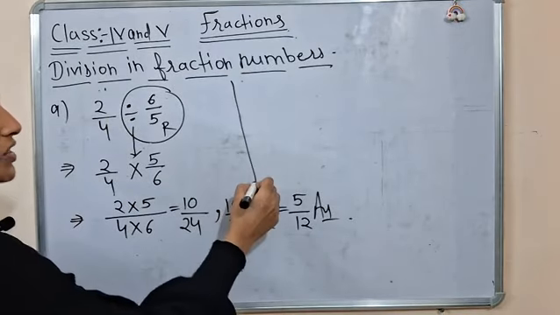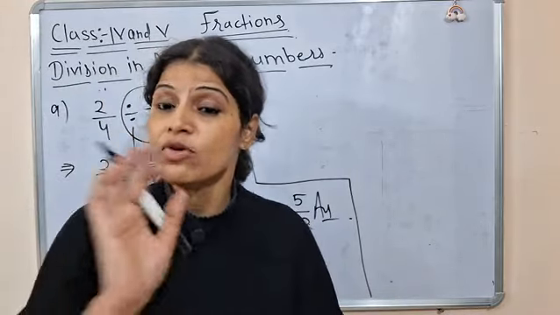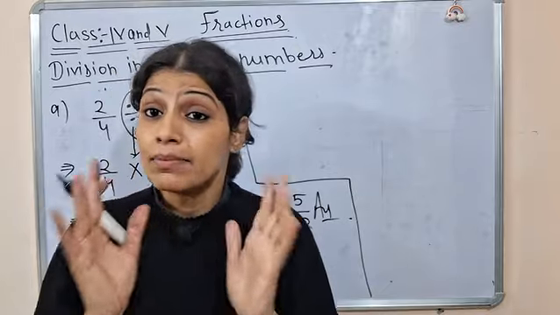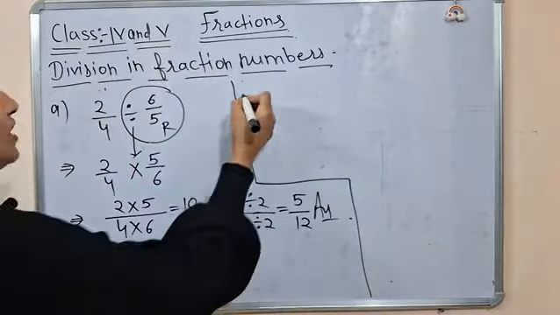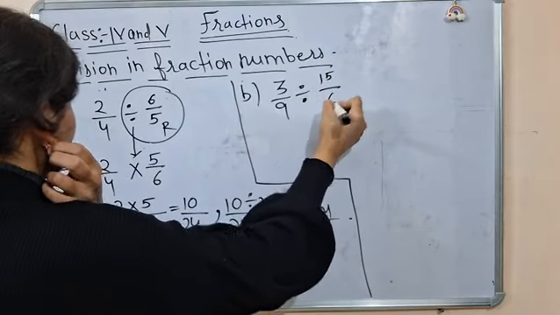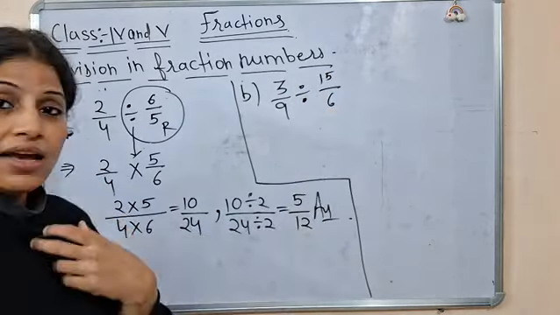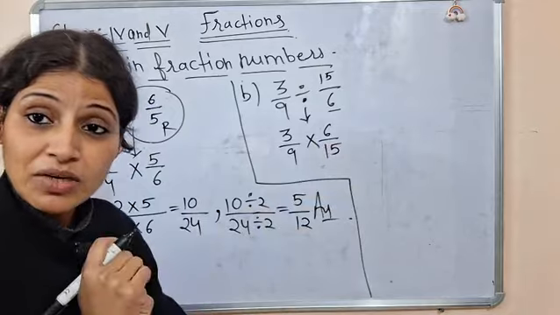So this is the first question. Like that, as you know, we do minimum 2 or 3 questions of the same concept so that you can understand completely. So I am taking here one more example. Now I am taking part B. This time I am having 3 upon 9 divided by 15 upon 6. Okay, I framed a question for you. So first step, 3 upon 9 will come as it is. Division का opposite or reciprocal is multiply, and reciprocal of 15 upon 6 is 6 upon 15. My question is ready to be solved.